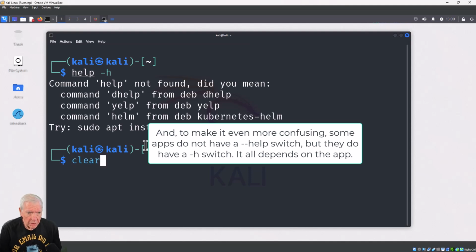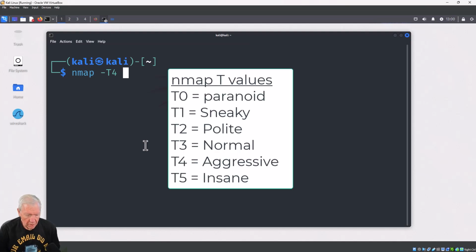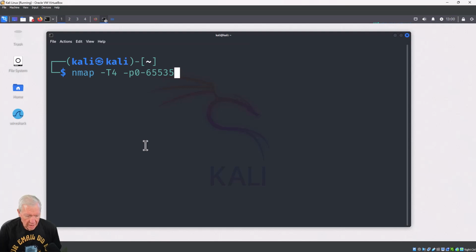The other thing that I recommend is running nmap in sudo. You don't always need to. Let me show you what I'm talking about. If I type in nmap, and then I'm going to tell it to just do, let's put in a -T4. The default is T1, I think. And then let's tell it that we want to look at ports. I'm going to do ports 0 through 65535. And then I'm going to say scan me,